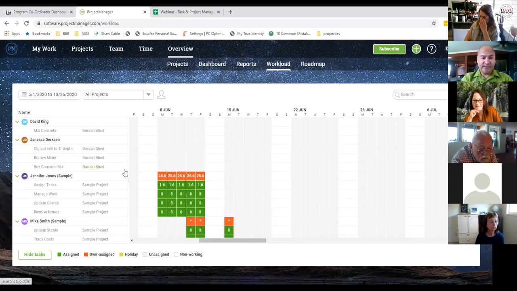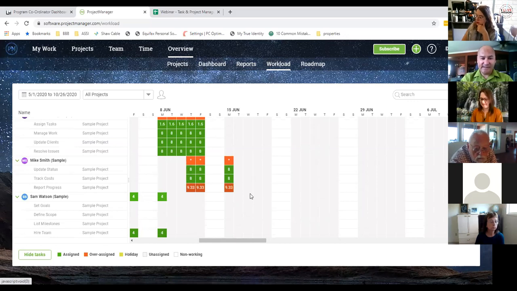So this gives resource management, and I quite like it. It's basic, but it works so well for me, right? And in projectmanager.com, it's not just based on one project. You can see all of the projects each of the stakeholders are working on in one simple screen. Okay. What else is a benefit of using this?